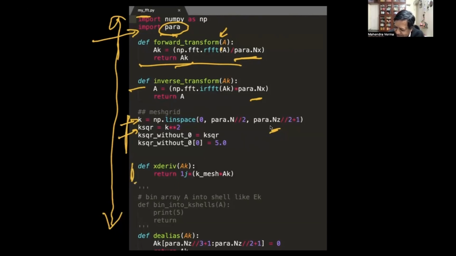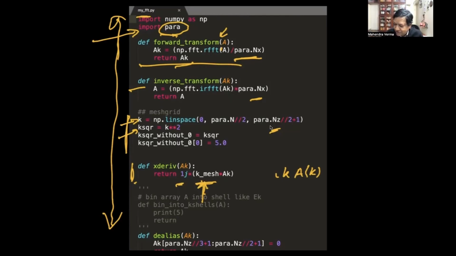The derivative, remember, in Fourier transform is ik times Ak. Then k mesh: we create a mesh, and this mesh can be 2D. So k mesh is created somewhere outside.